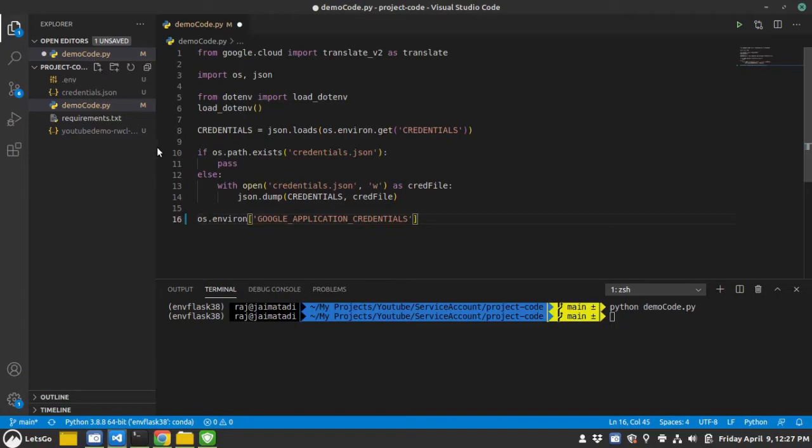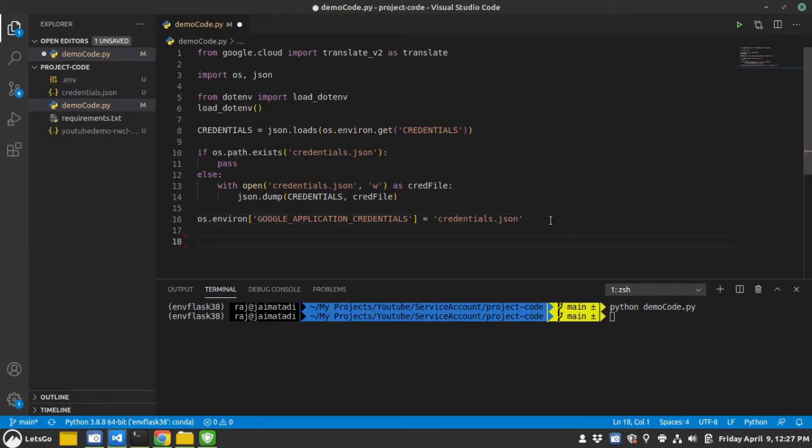So this translate package will look for this environment variable to authenticate our request, and that is why we are doing all these steps. And I'll simply provide the path of the file, and that is credentials.json, since it's in the same folder where this code is.